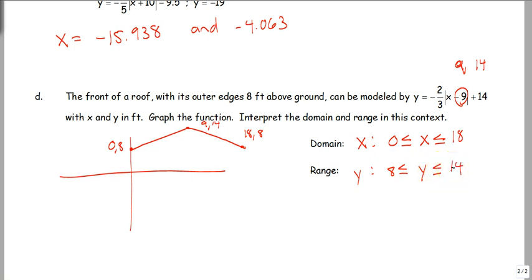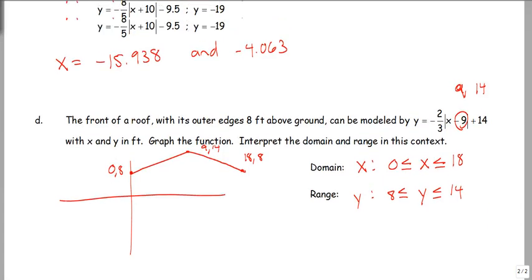Okay, remember, range are your outputs. Y can be between 8 and 14 for my roof. X can be between 0 and 18 as my input values. Okay, so when in doubt, just throw the equation in to see what's going on and graph it. The most important thing, though, is understanding the shifts from the beginning and graphing them. Okay, the shifts are important. If you don't know how to shift it,